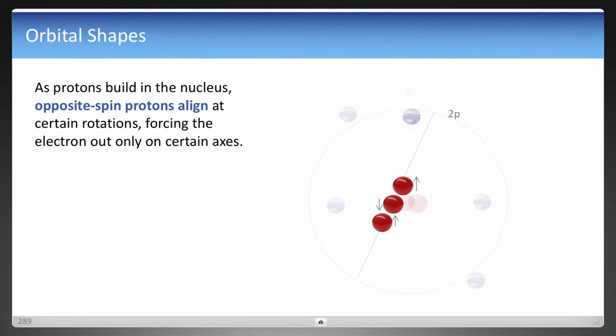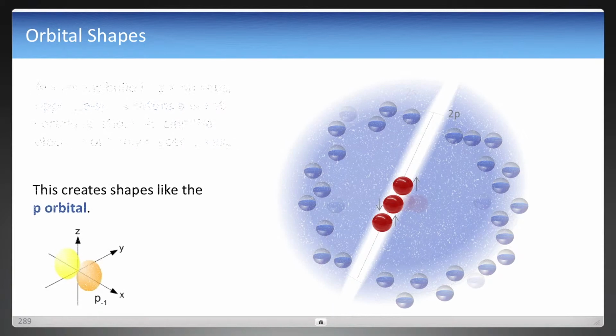But now, beginning with boron, it starts to form a three-dimensional structure, and now you have at least 3 protons in alignment, 2 of which might have the same spin and 1 of opposite spin. And as the nucleus is spinning, and all the protons are spinning with it, there are times during that alignment where you might have all 3 protons aligned, even if it's very briefly along this axis, where it forces an